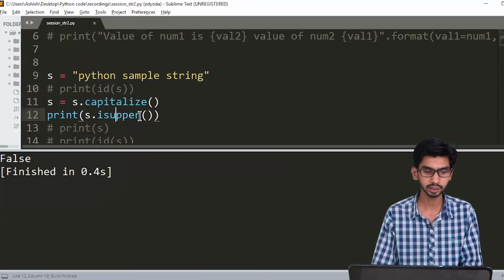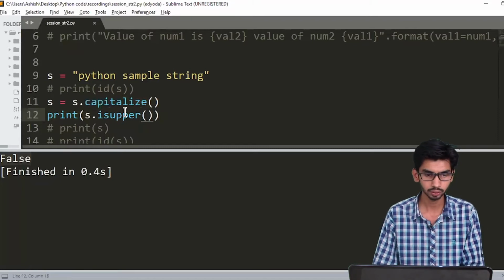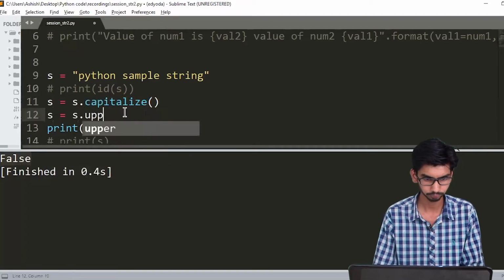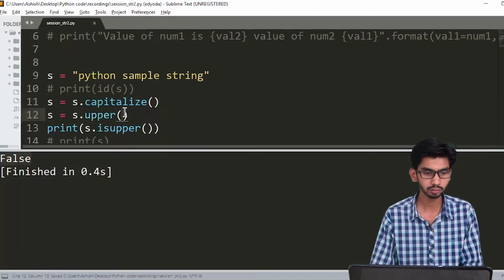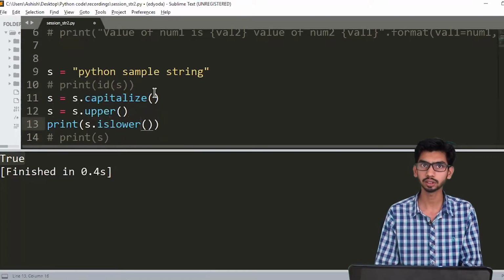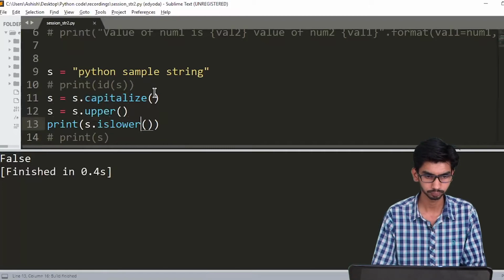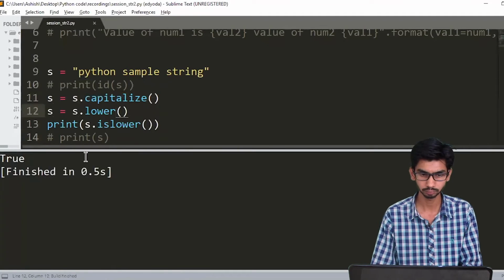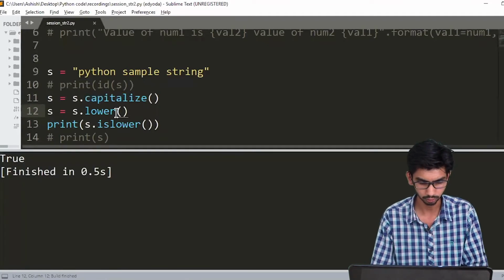Now this will return a boolean value. If it's in uppercase, it will return true, but now it's in capitalized case, so if I check s.isupper(), it will return false. If I write s = s.upper() and execute this, now it will return true. Similarly, we have islower. It will check if the string is in lowercase or not. Now this will return true,